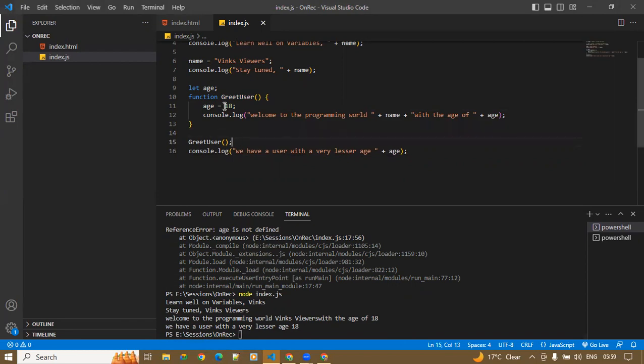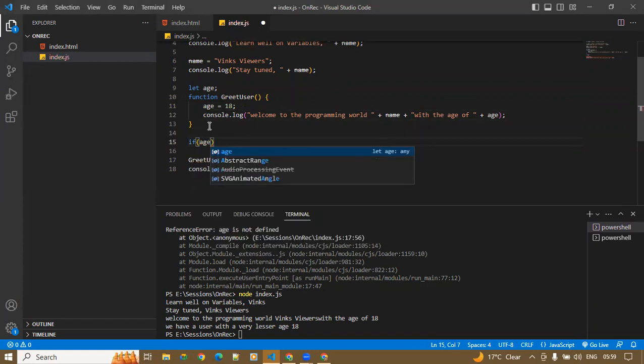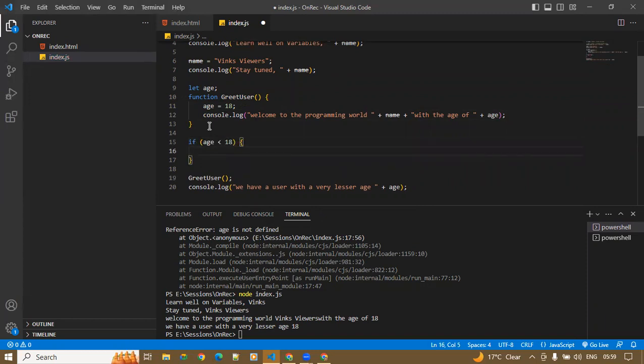But whenever we are trying to access this variable declared inside the function from outside, it is not allowed, because any function variable, whichever we declare as a var or let, is always local scoped, meaning we can't use this outside of a function. But there is also another scope that is available. So for now, let's see how we can write structural statements. A structural statement can be written as if age, an if condition, and then open curly brackets and close curly brackets. And here I would say